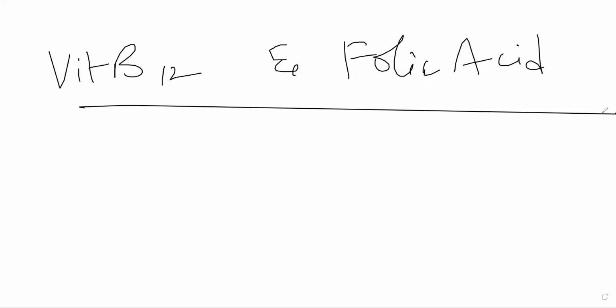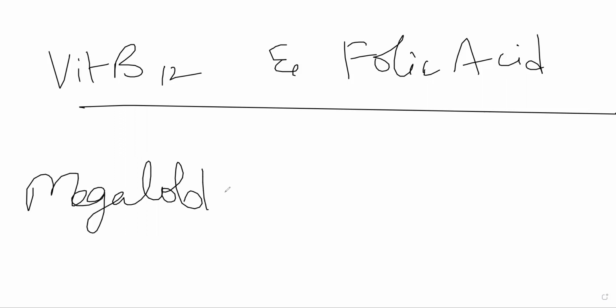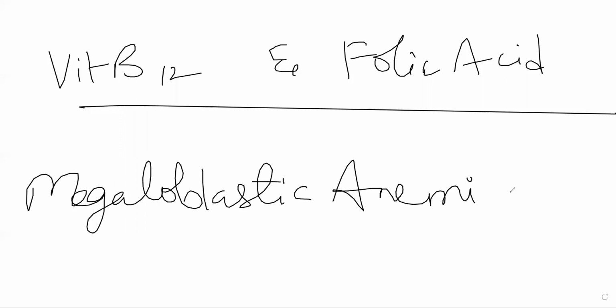This is evident by deficiency of vitamin B12 and folic acid, as in patients who have deficiency of these two vitamins, DNA synthesis will become impaired. There will be abnormal maturation of RBC and other rapidly dividing cells. So as a result, the patient will develop something called megaloblastic anemia. Okay? Because of deficiency of these two, patients generally develop megaloblastic anemia.